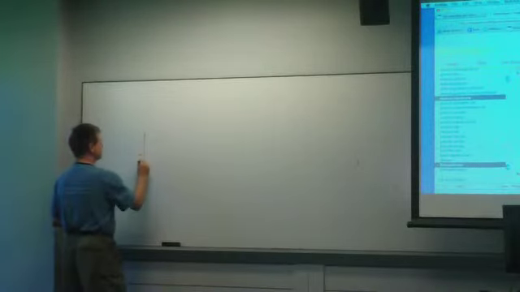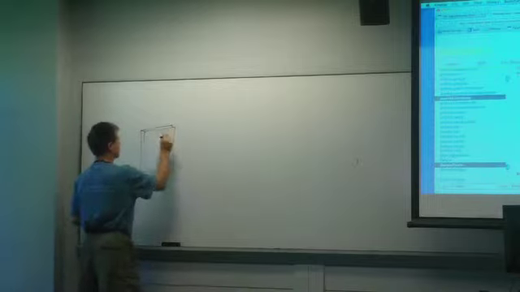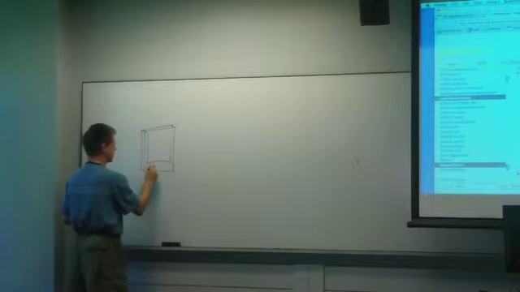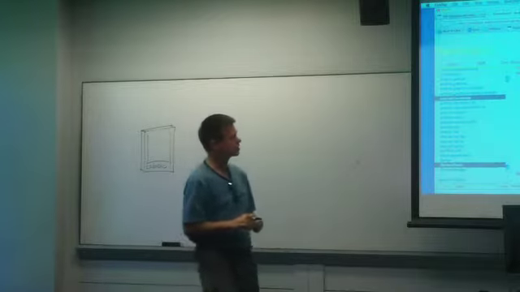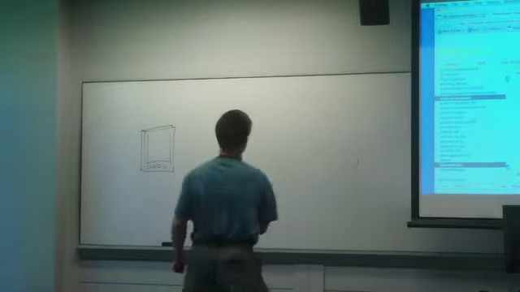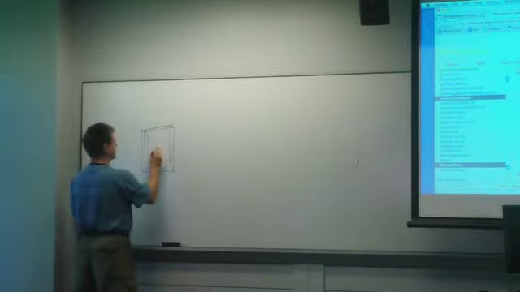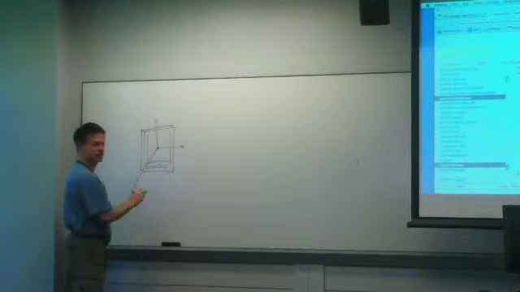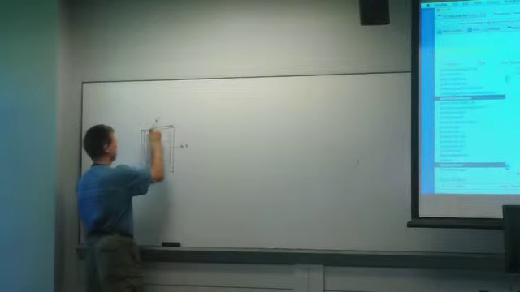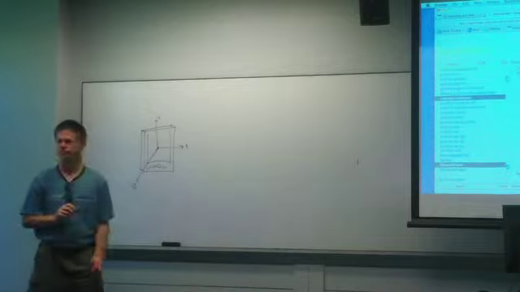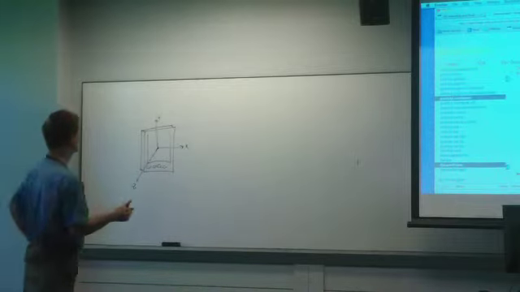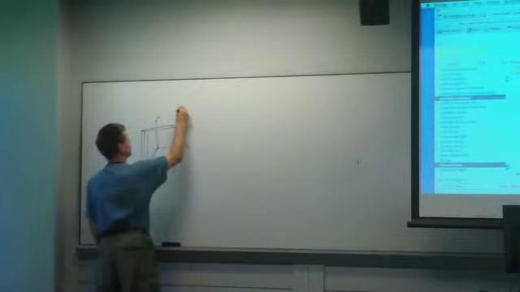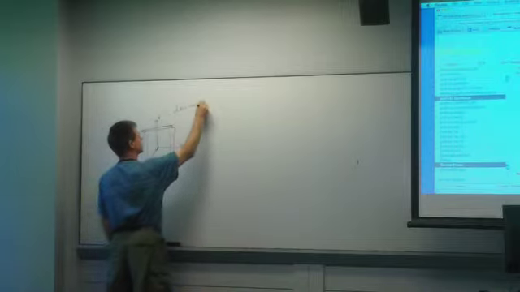So the idea is, if you've got your little phone here, with the screen and little buttons, then there's a coordinate system relative to the phone. This is the center of the phone, this is the x-axis, this is the y-axis, and pointing out at you is the z-axis. So x, y, z. This is the device coordinate system.